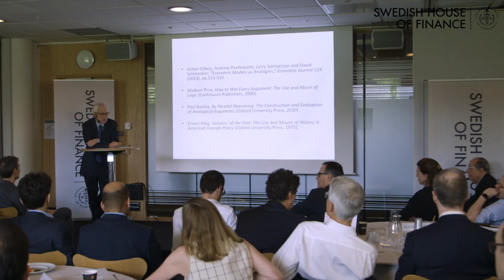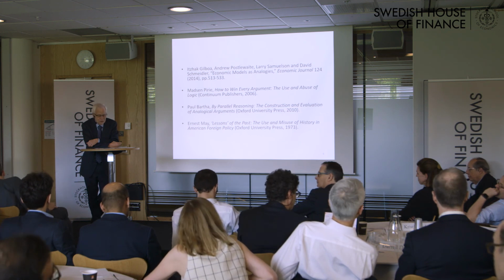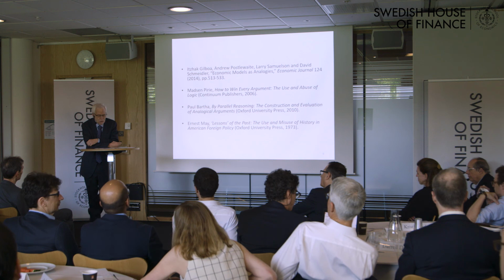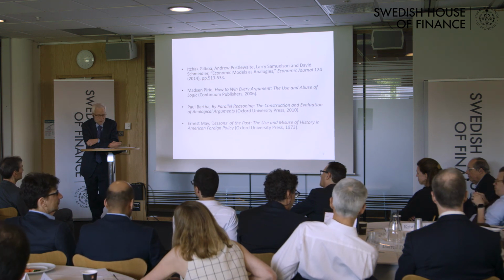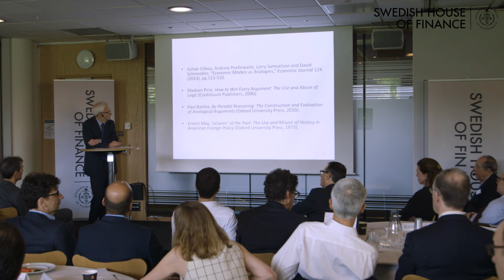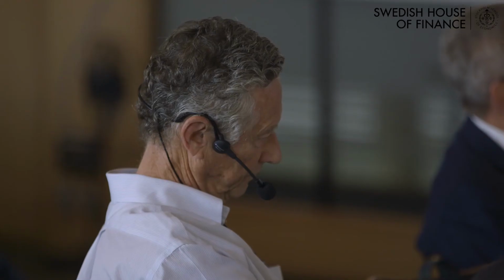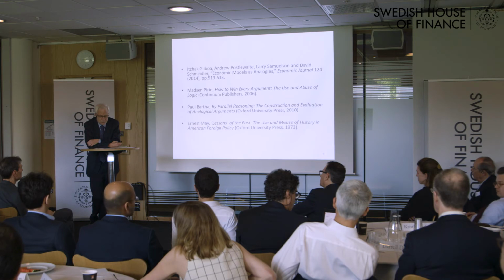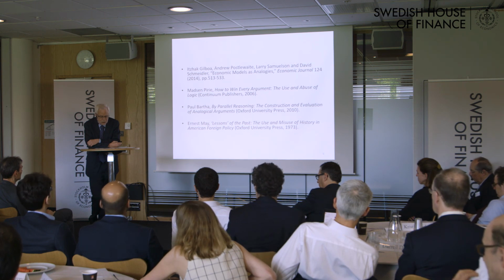I think the comparison between the crisis of the euro and the crisis of the gold standard was valuable. The analogy was valuable because it pointed up the differences in the two cases, not so much the similarity. Leaving me with a final question of why those differences were so widely overlooked. Valid analogical arguments are, quote, based on relevant similarities between two systems. That quote comes from Paul Bartha in this very interesting 2010 book. So how do we determine what is relevant, or at least how do we increase the likelihood that when engaged in analogical reasoning, we focus on the relevant similarities